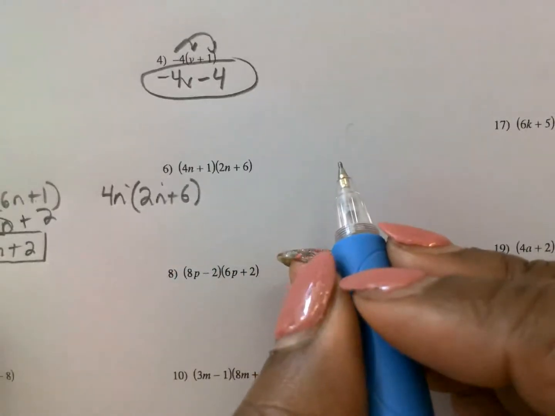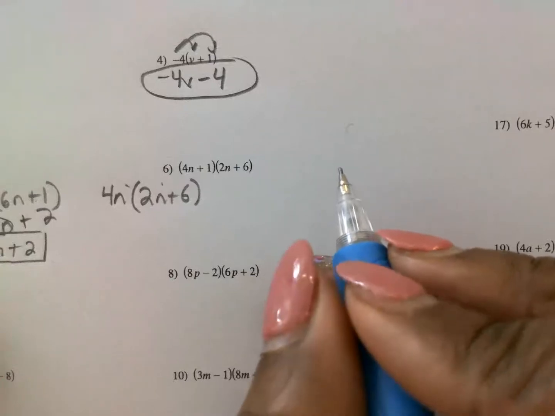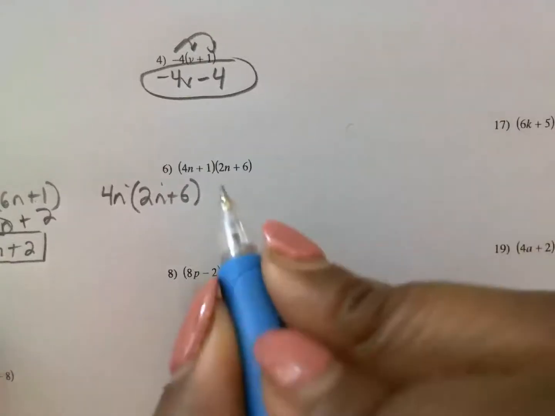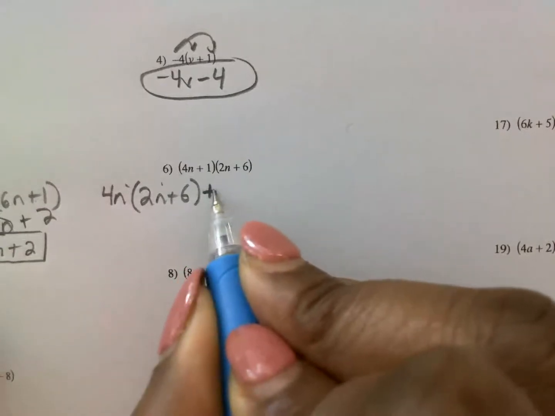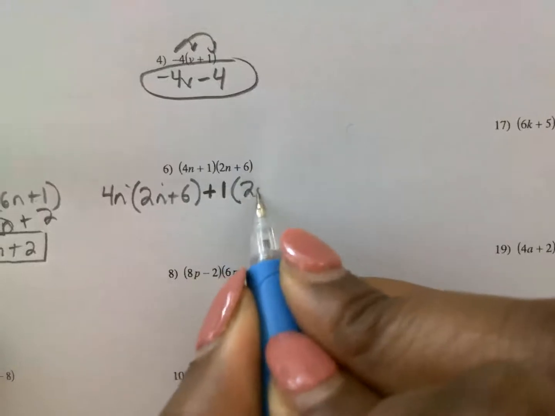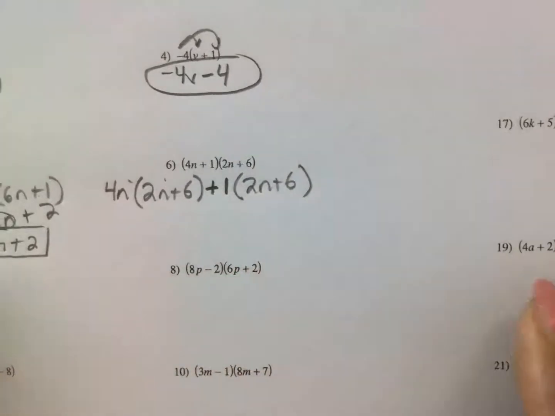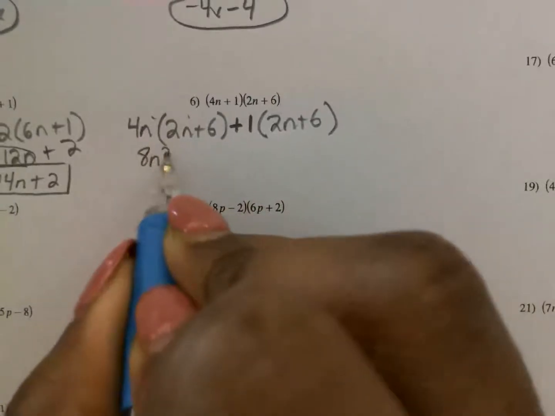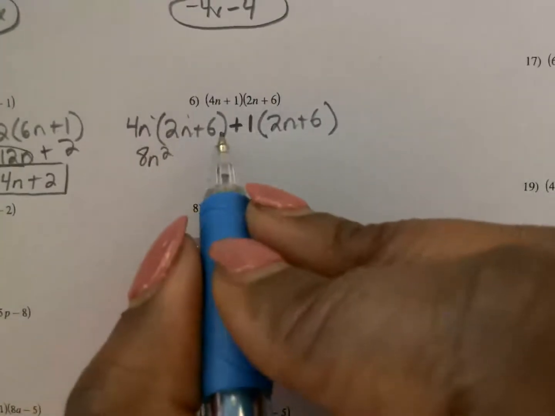We're going to set it all the way up first, okay, before you start distributing. What else do you distribute besides the 4n? 1. You distribute the 4. What kind of 1 is that? Don't forget the positive 1, okay? All right, so now continue. What did you do after that? And then you use distributive property, so you get 8n to the second power. And then you get